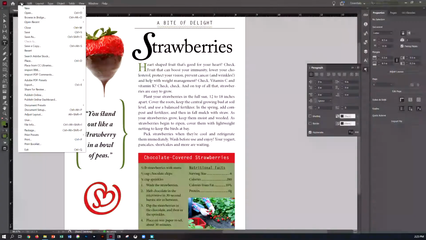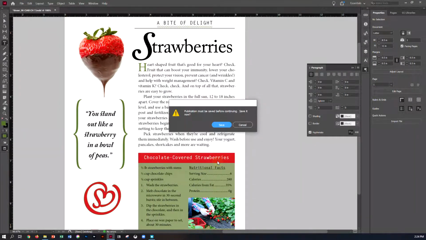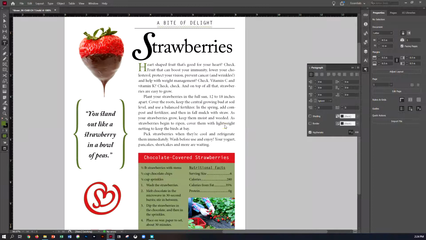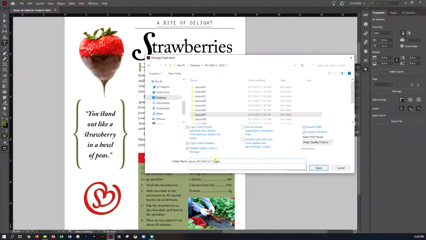Let's do a file and come down here to package. Make sure we don't have any errors. We're going to go ahead and package it. Go ahead and say save. I'm going to make sure that I'm in my lesson 7 InDesign folder. Putting my PKG. I'm going to be in lesson 7 and save